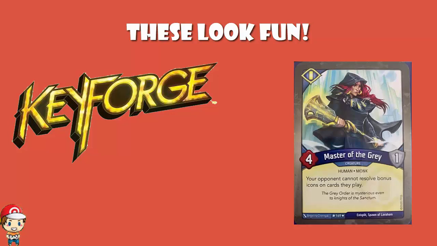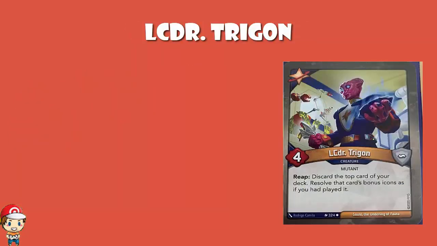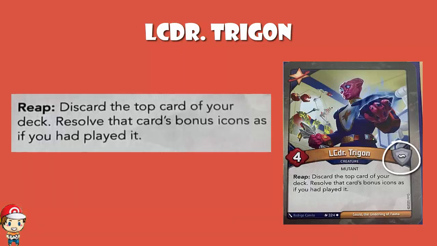Now, what we've got here is a couple Grand Star Alliance cards, and we've got ourselves a couple of Sanctum cards. So let's get rolling with Lieutenant Commander Dr. Trigon. I don't really know. Someone Trigon. I'm just going to call him Trigon. Maybe Try Guy. 4 power, 0 armor creature. And when you reap, you discard the top card of your deck and resolve that card's bonus icons as if you had played it. I don't know how I feel about this card,